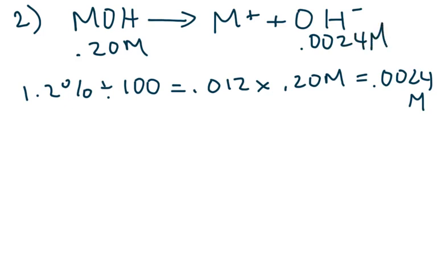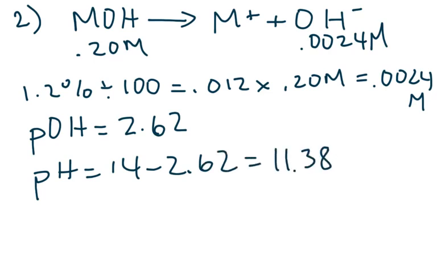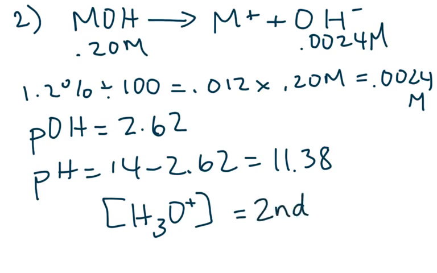So then it asks for the pH and the H3O plus. So you can do it one of two ways. You can find the pOH by just logging our OH concentration. You get 2.62. Then if you take that, you can get the pH, 14 minus 2.62. That equals 11.38. Now, to get the H3O plus, you have to take your 11.38, make it negative, and hit